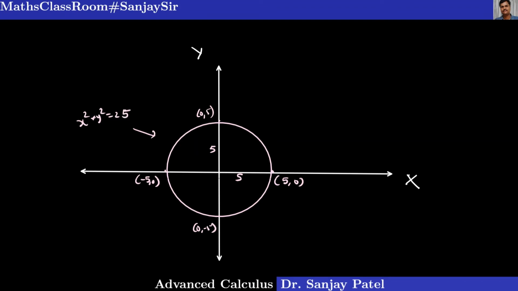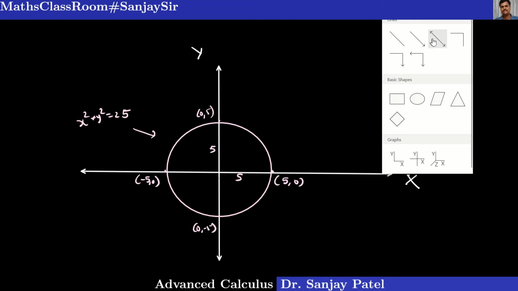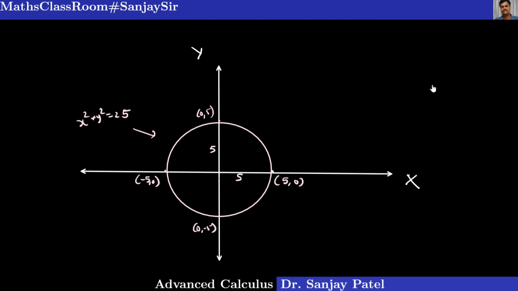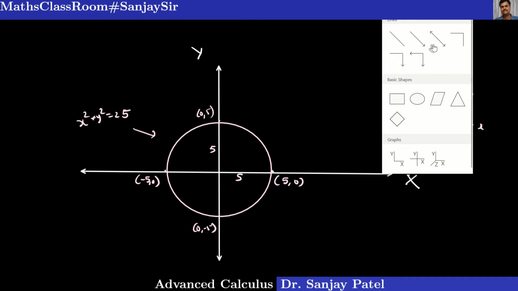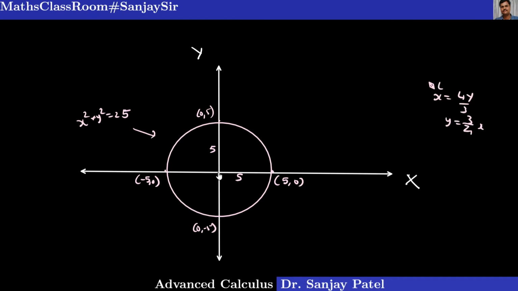Another curve is a straight line, which is given by x is equal to 4y by 3, or you can say y is equal to 3 by 4 times x. So it is a straight line passing through origin. So what I need to do is draw a line passing through origin, say something like this. Okay, so this is the line, say x is equal to 4y by 3,